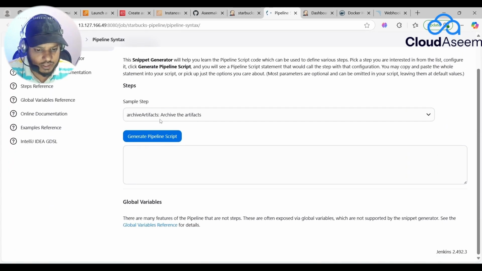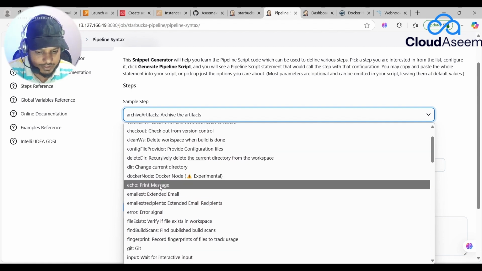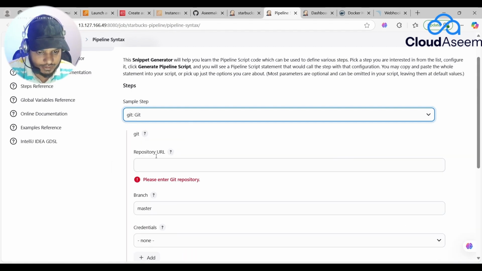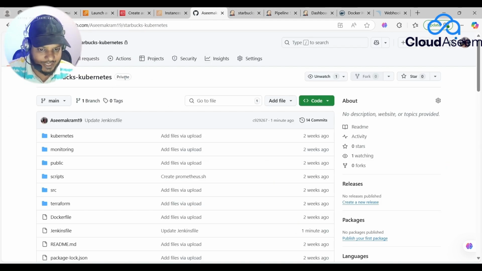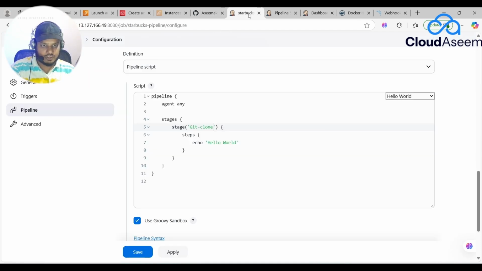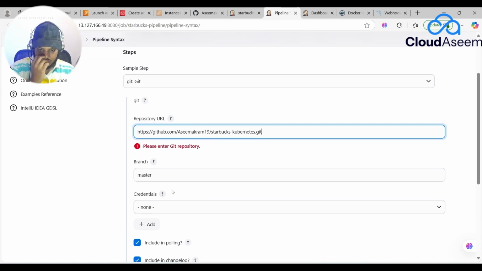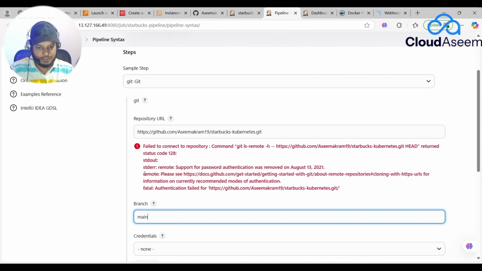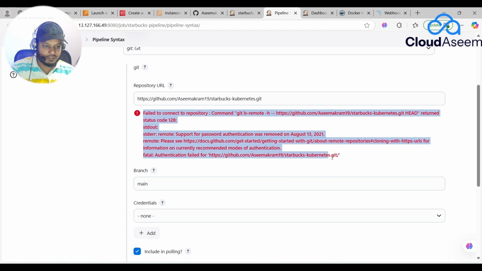After that, I'm going to use pipeline script. Here I'm going to clone the repository from where? From our GitHub. Okay. So I'm going to search Git. Then I need to give the URL over here. My repository is private; in case of your repository being private, you need to give your own repository URL over here. So you need to update this URL, okay? And give the main branch, right,